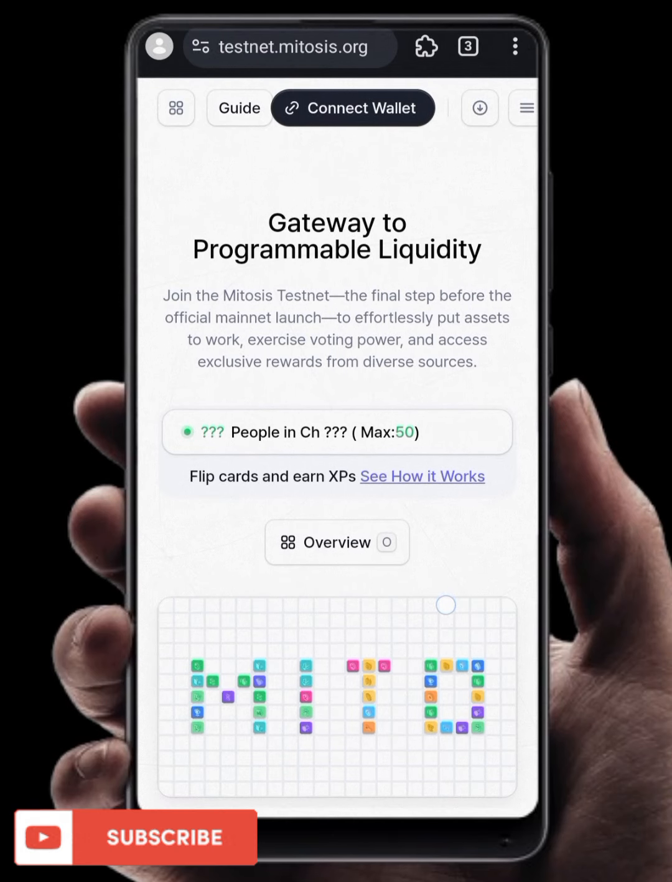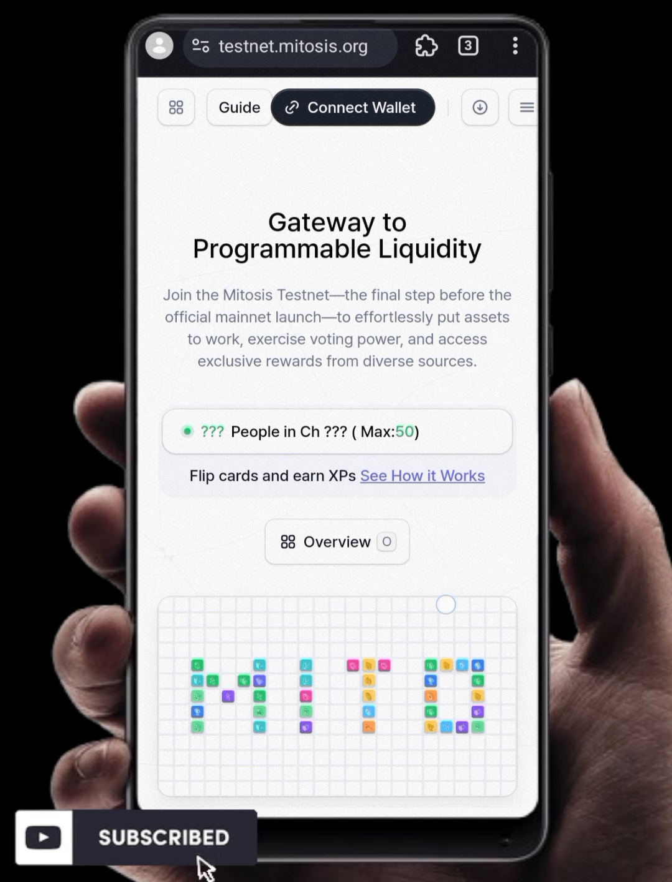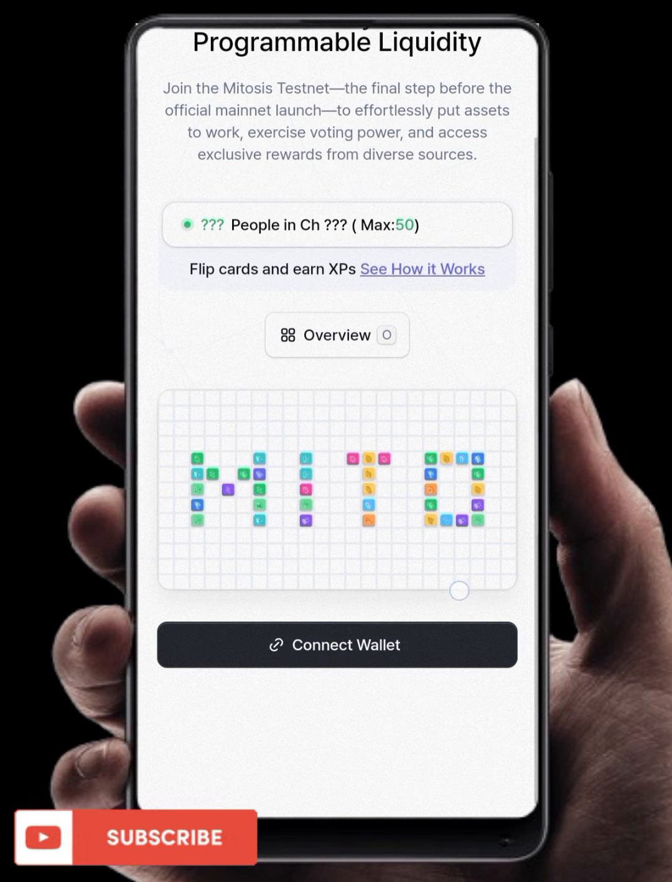This is a video tutorial guide on how to participate on the MITOSIS.org testnet. It is very easy to do. All you have to do is connect your wallet and complete some tasks in order to position for the